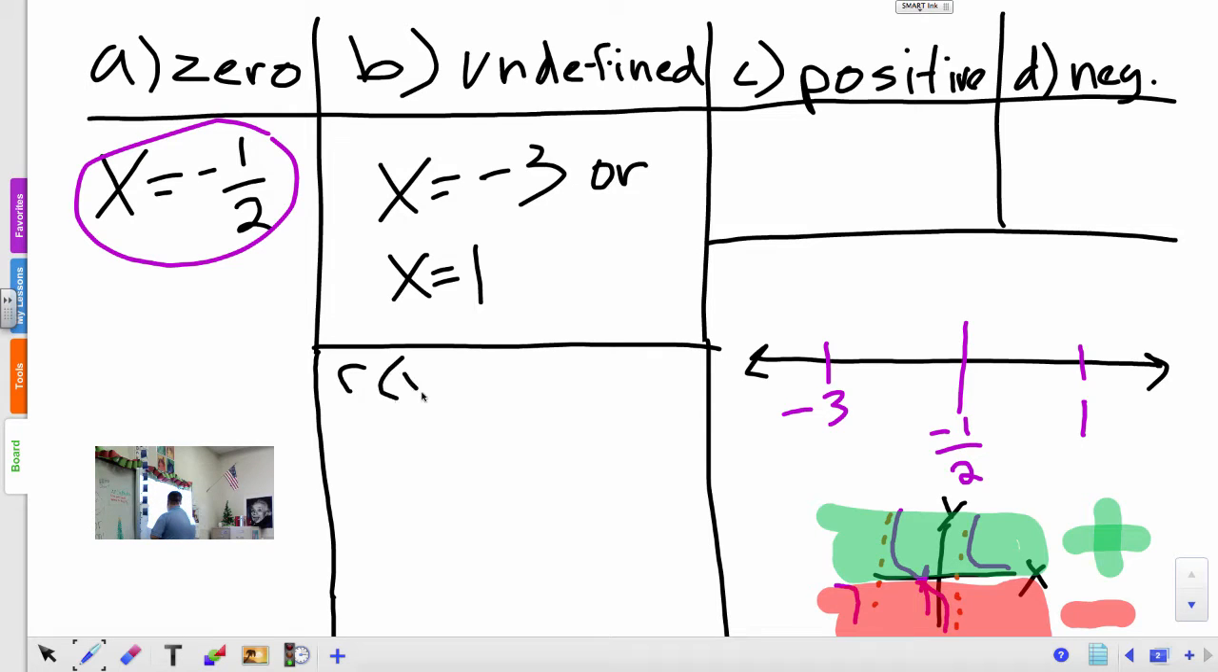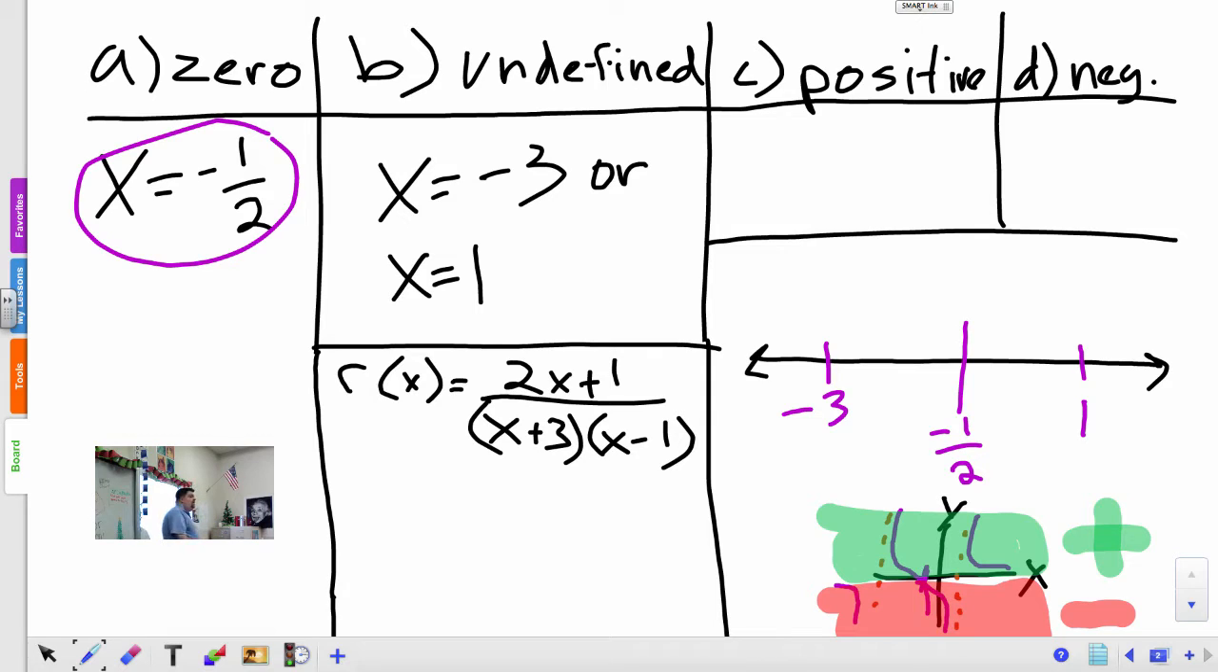My original function r of x is equal to 2x plus 1 over x plus 3 times the quantity x minus 1. So I'm going to pick a number greater than -3. Pick a really big negative number, -100. -100 will give me what on the top? A negative. And then on the bottom of what I have? A negative times a negative, which would be positive, right? What is the overall sign for that? Negative. So from here to here,